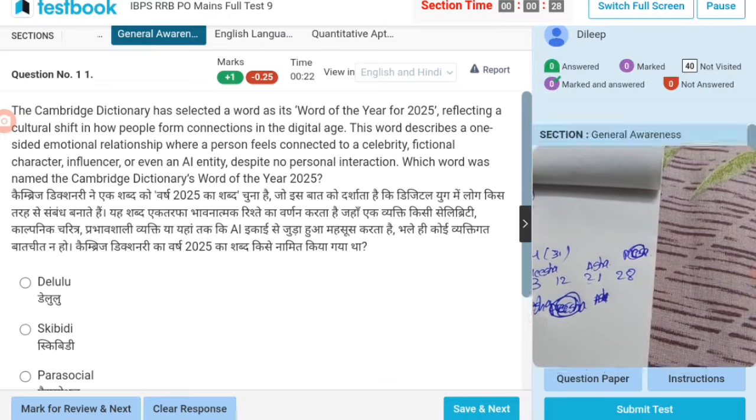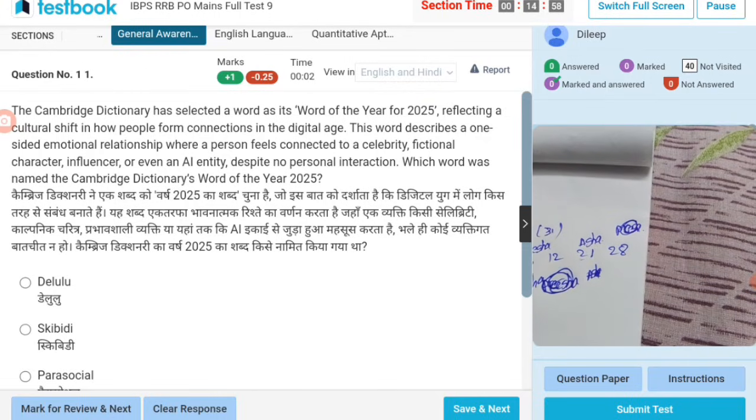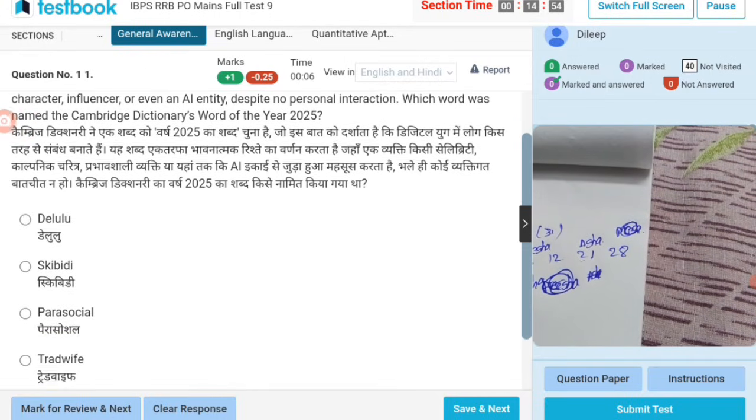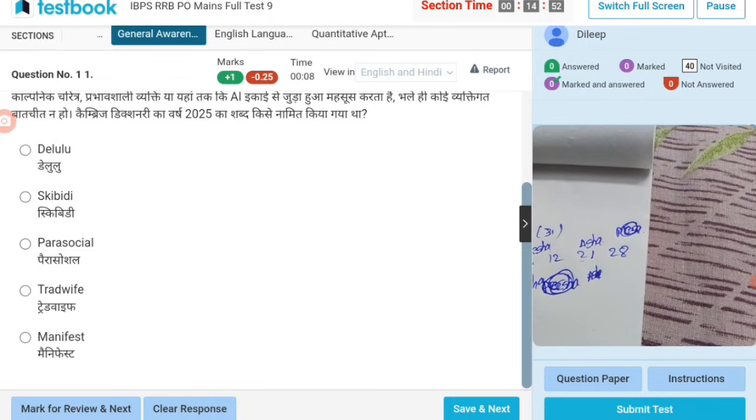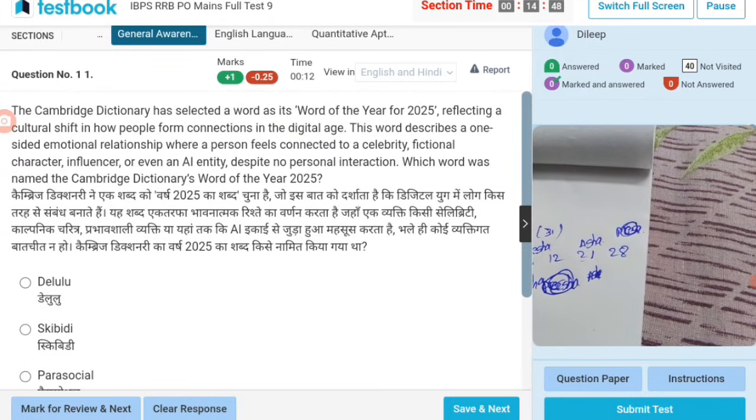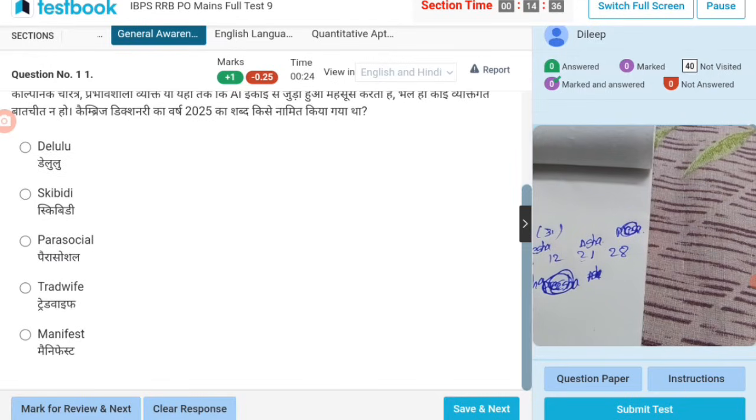Next, the Cambridge Dictionary has selected a word of the year 2025. Parasocial, I think. The Cambridge Dictionary has selected a word as its word of the year 2025, reflecting a cultural shift in how people form connections in the digital age. Manifest or